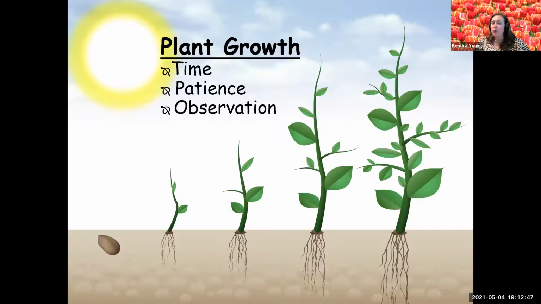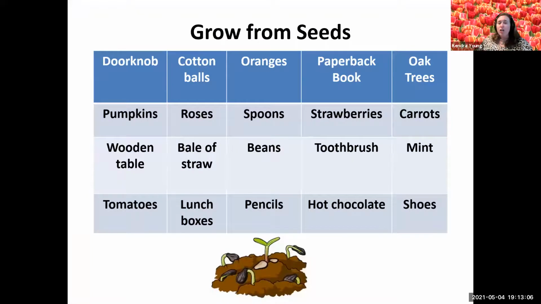So you can observe plants growing. Now, do you get to observe all of the growth? No, because a lot of times when you have plants that are growing in the ground, you're only seeing the part that is up above the ground. But you have to have time and patience and some observation. So we're going to use that annotate again, and I want you to circle all the things that grow from